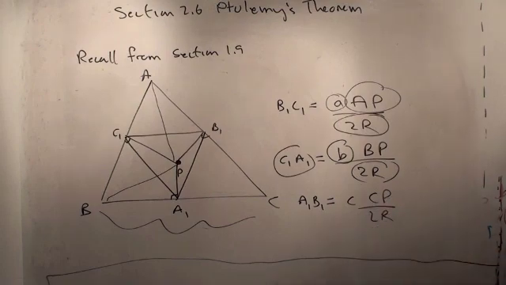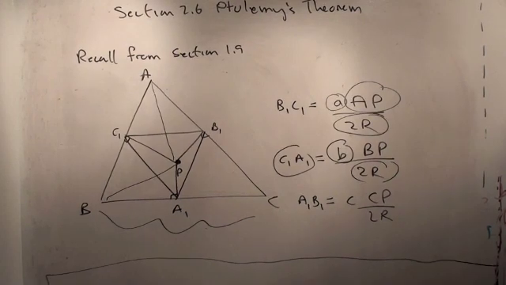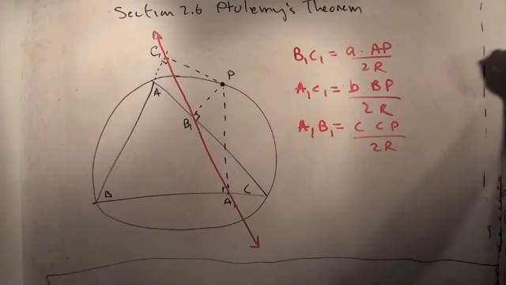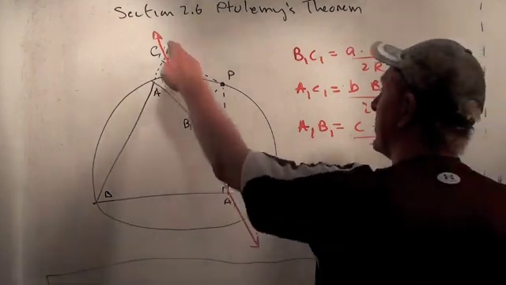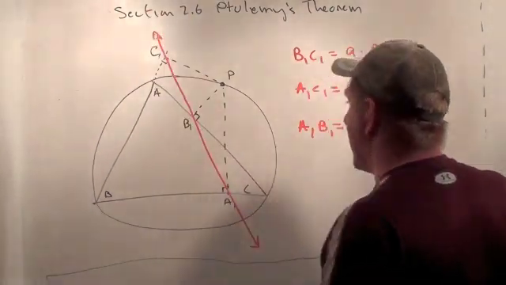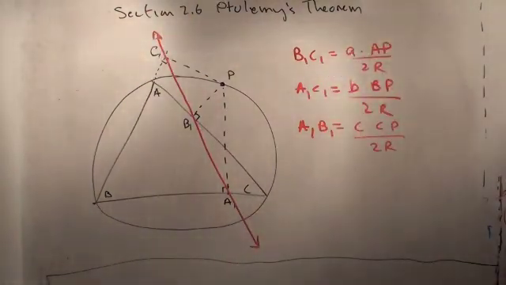So this is going to come in handy in just a second. I just wanted to remind you of that. So let me draw another picture real quick, on what we just talked about with the length of the sides of the triangle. Now you say, there is no triangle A1B1C1 here. Well, yes there is. It's right here, A1, B1, C1. The fact that they're all in a straight line on the Simpson line is just a degenerate triangle, but the